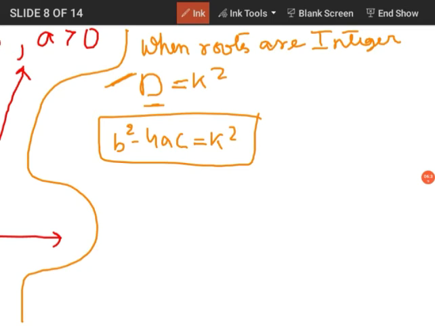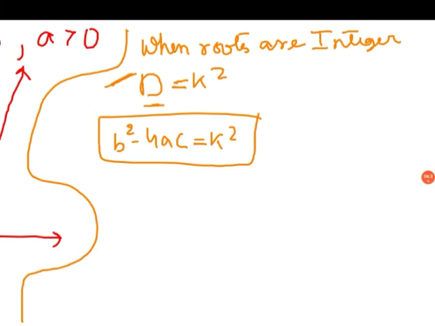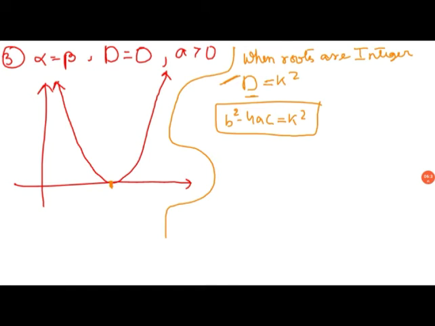That thing we will discuss while solving questions. So I hope that this is clear. When roots are given to be integers, then the discriminant has to be a perfect square, correct? Now let's move on to questions. So the first question